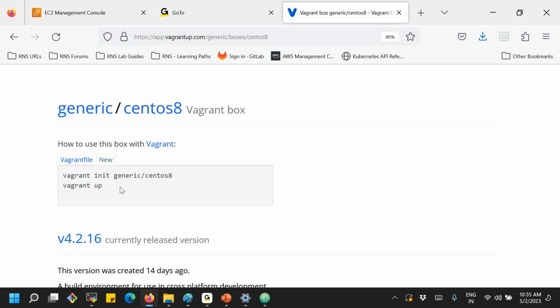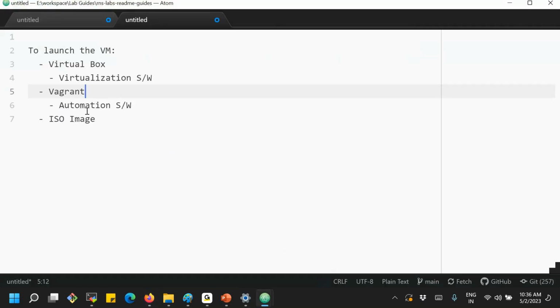So you don't need to struggle with all these things. You just install two softwares. What are the two softwares? VirtualBox and Vagrant. Install these two softwares, then go to the Vagrant site and find which image is required. Is it CentOS 7 you need, or Ubuntu? Which one do you want to practice? So identify that box, the image, then run vagrant init and vagrant up. That is the beauty. If you go for the manual approach, downloading the ISO image file and launching the system, that is a lot of process. But the process has been simplified with Vagrant.